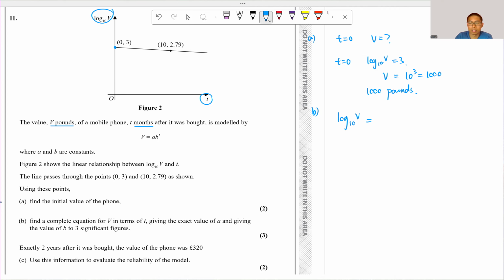So log base 10 of V is equal to m, the gradient, which is (2.79 minus 3) over (10 minus 0), times T, plus the y-intercept, which is 3. Simplifying, 2.79 minus 3 over 10 is equal to negative 21 over 1,000,